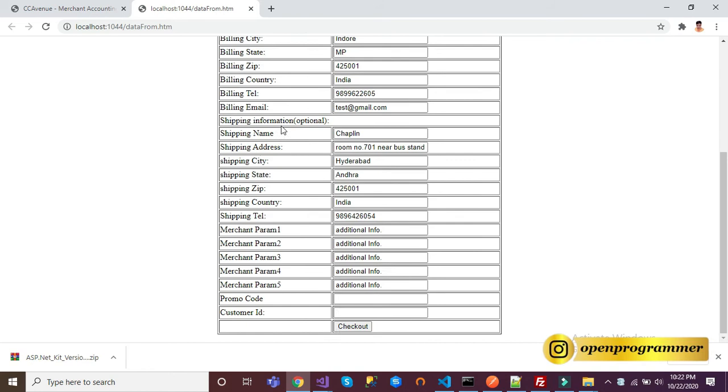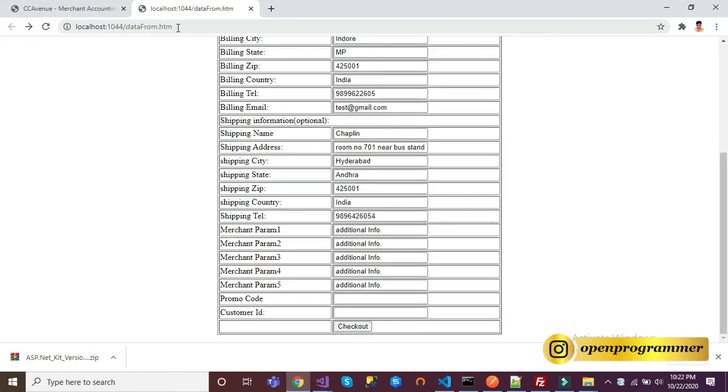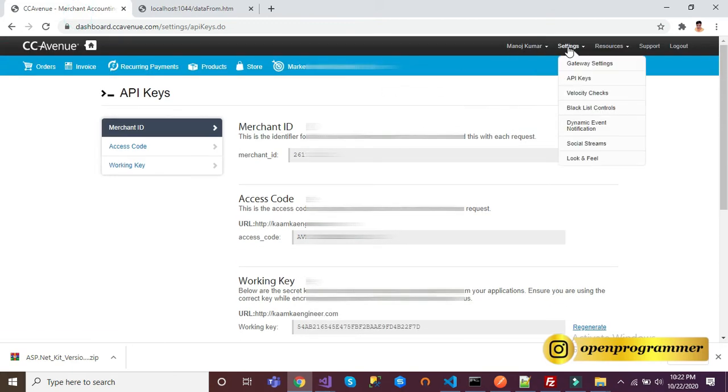So this is our page. Let me click on checkout. It will show an error because, see, let me go back. We are hitting CC Venue from this particular URL, localhost:1044. But on our CC Venue, let me go to API keys.